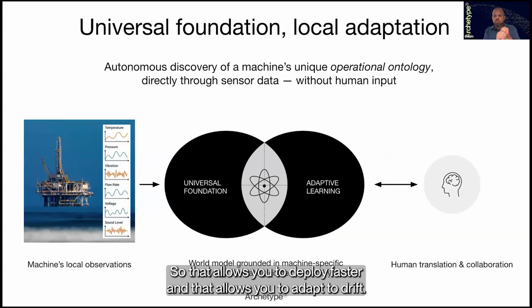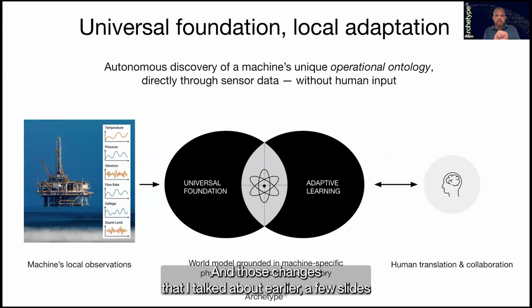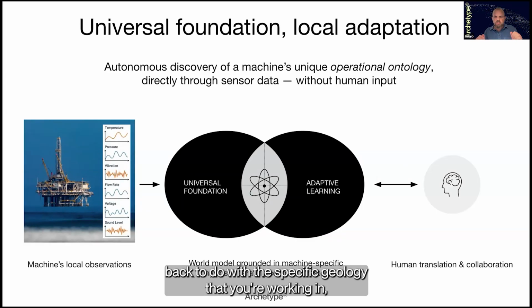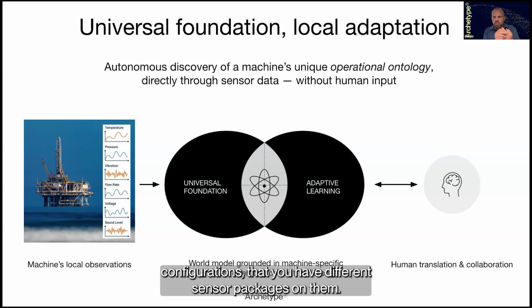So that allows you to deploy faster, and that allows you to adapt to drift and those changes that I talked about earlier, a few slides back, to do with the specific geology that you're working in, the fact that your assets are aging, that there are different configurations, that you have different sensor fleet packages on them.